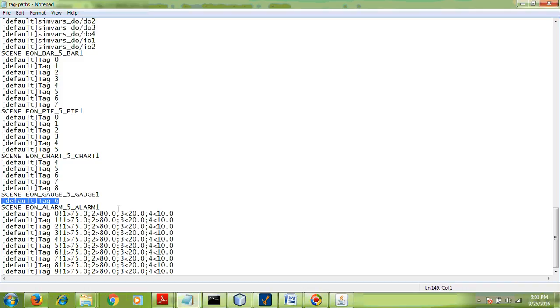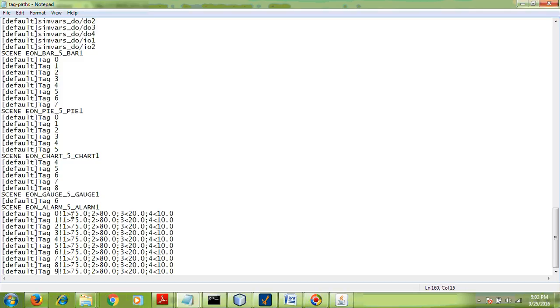So apart from the dashboards, we have the alarm points. This is the alarm channel. Here we have defined tag 0 to 9 to be monitored for alarm changes. That is, you can see the instantaneous values of these tags. Any tags can be configured, and then